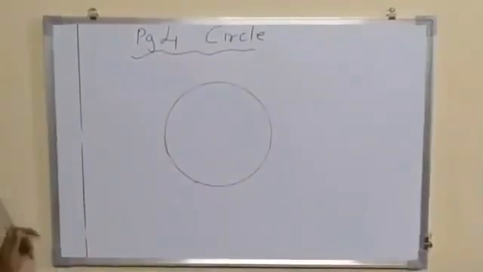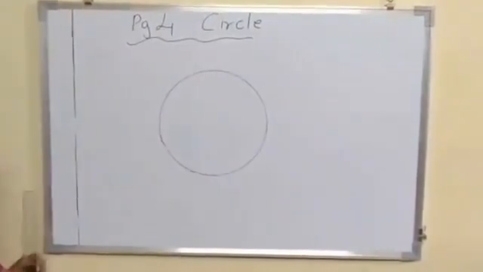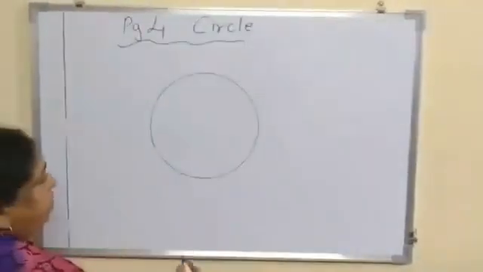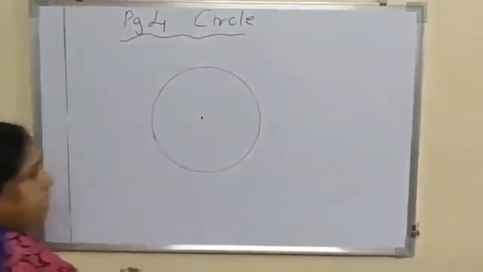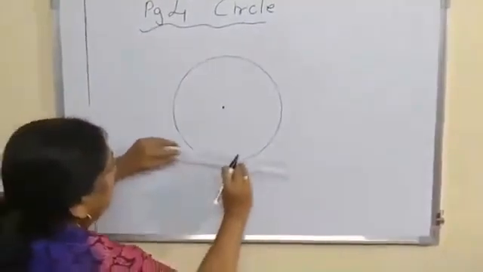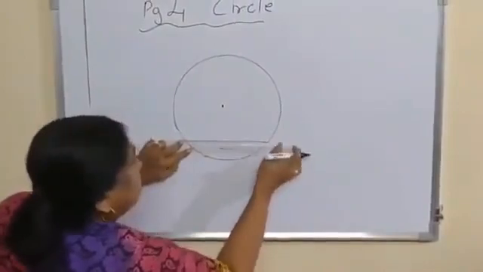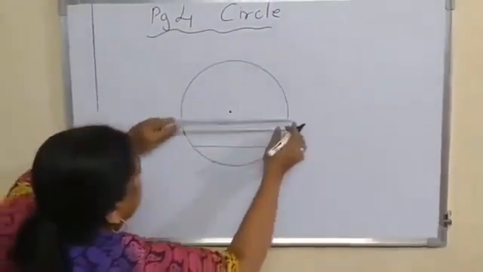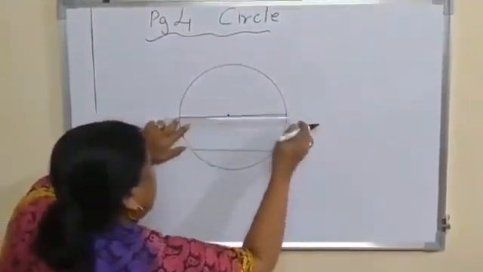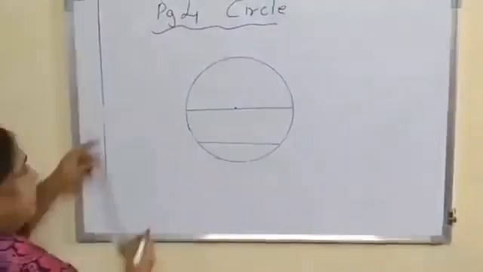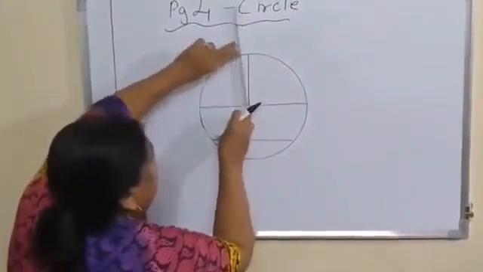Children, on the next page now, you are going to draw a big circle. You can take a small bowl from your house and draw a big circle. After drawing the big circle, draw the center of the circle here like that. After you draw the center, with the help of the scale, you draw a chord. From here to here, you draw one chord. Then, keeping the scale this way, you will draw the diameter. And let us draw the radius also.